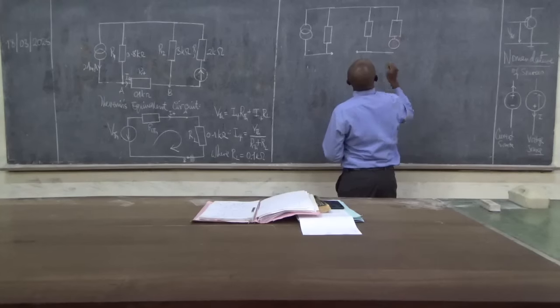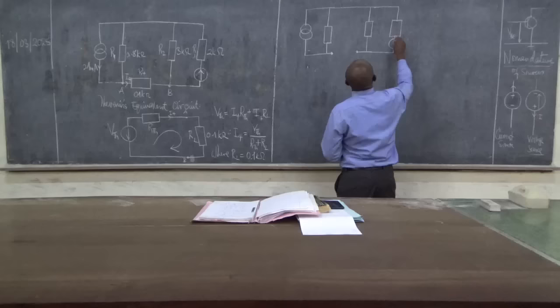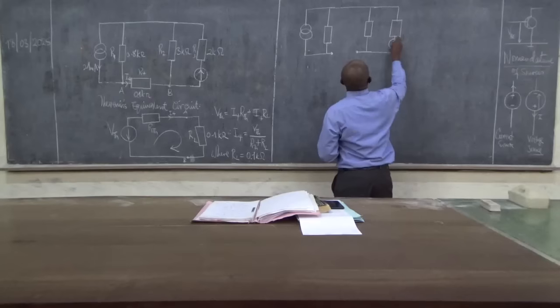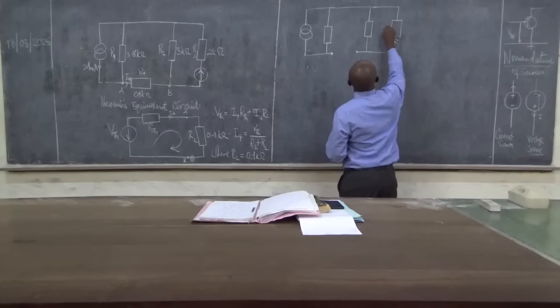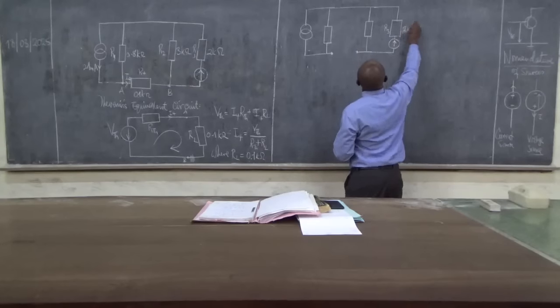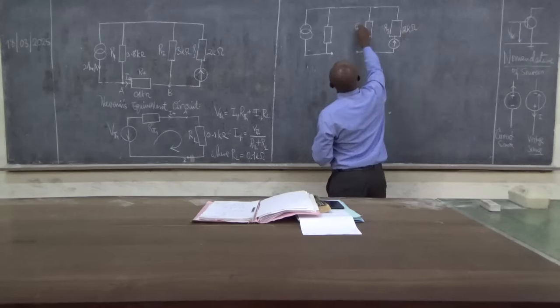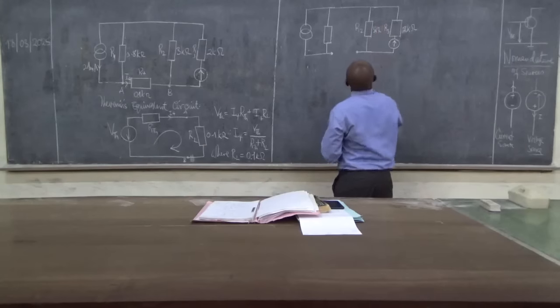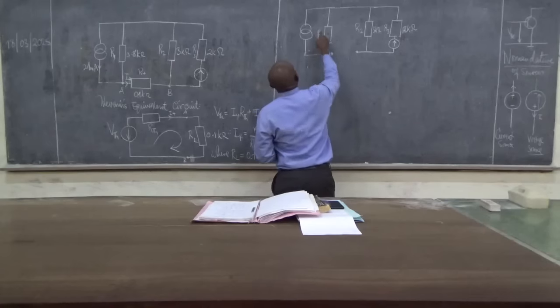We don't remove nothing, we keep everything. And you see that result. So this is R3, 2 kilo ohms, R2, 3 kilo ohms, R1,